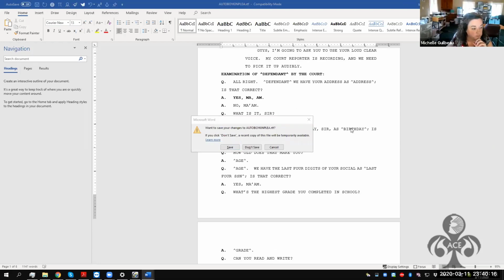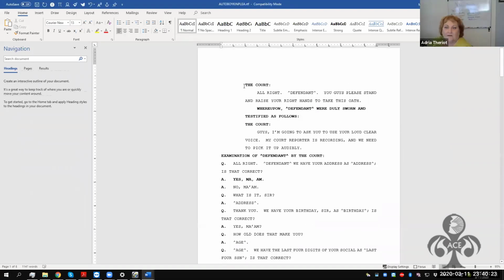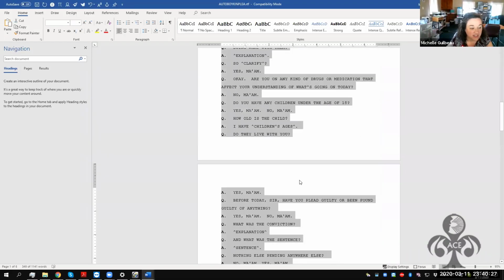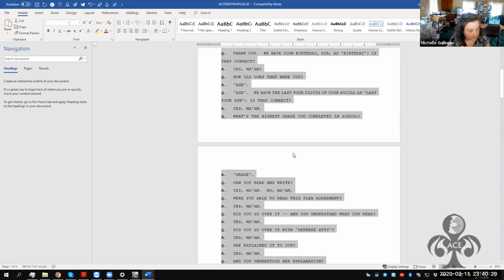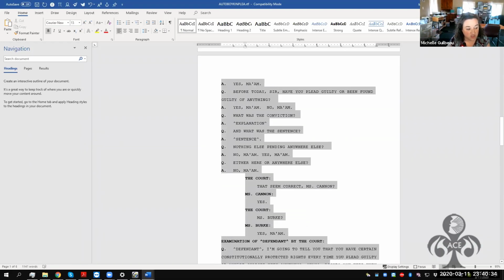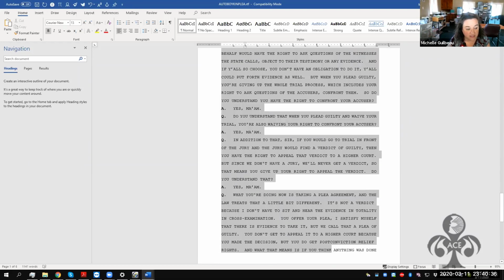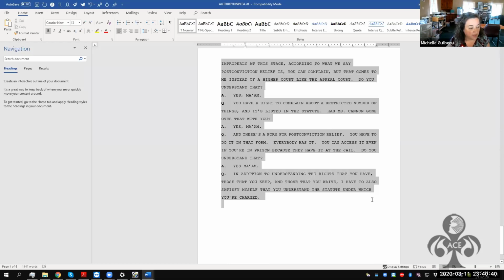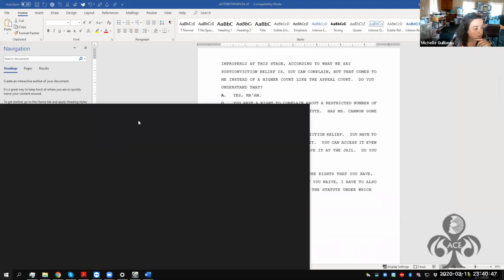Okay, so let me close out of this. Actually, good place to copy from. So you would take a transcript and copy out what you want to be part of that include file. This is a pretty long one, and this was a Boykin plea. So I'm going to highlight this and I'm going to copy it. And so I'm going to go to